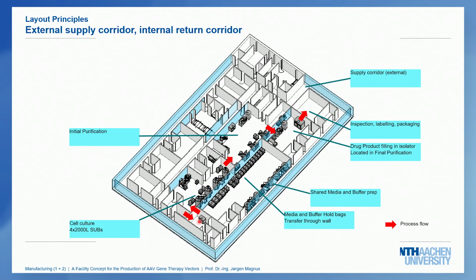And the seed lab is also a clean room class C. So the two C rooms here are the seed lab and the filling room, and everything else is then class D. In the cell culture area where the bioreactors are, there is a separate small room for harvesting. And this is because it's difficult in the process to avoid spilling liquid on the floor when you dismount the depth filters that you're using for harvest. And so to contain those spills a little bit, it's done in a separate room, which is also located right next to the airlock here that leads